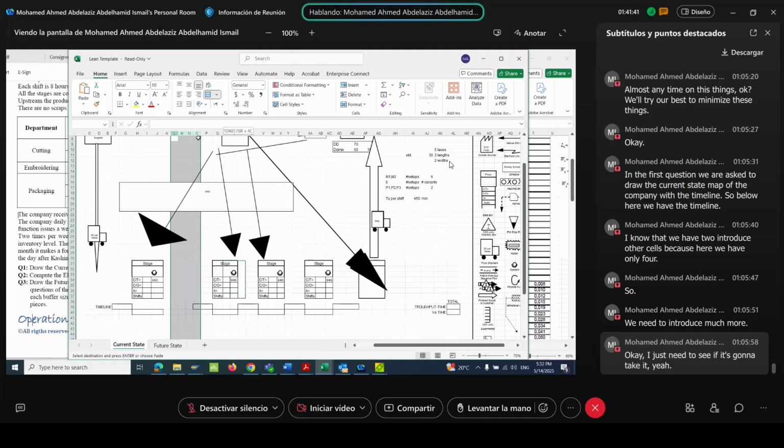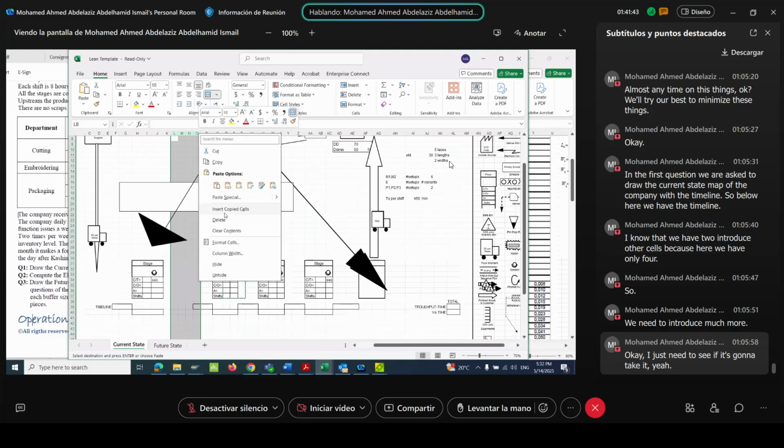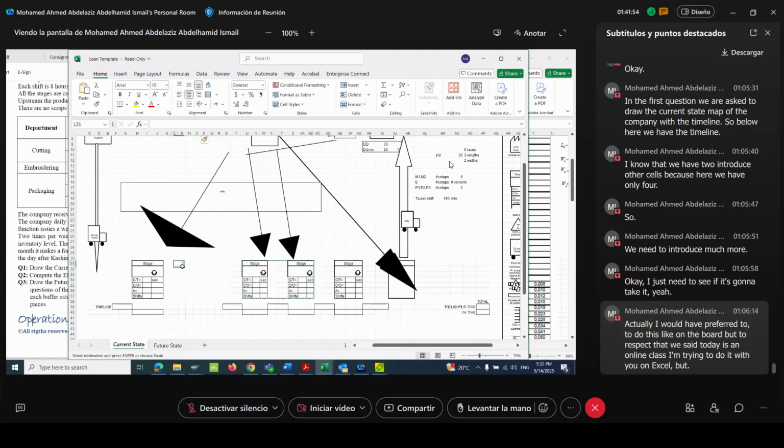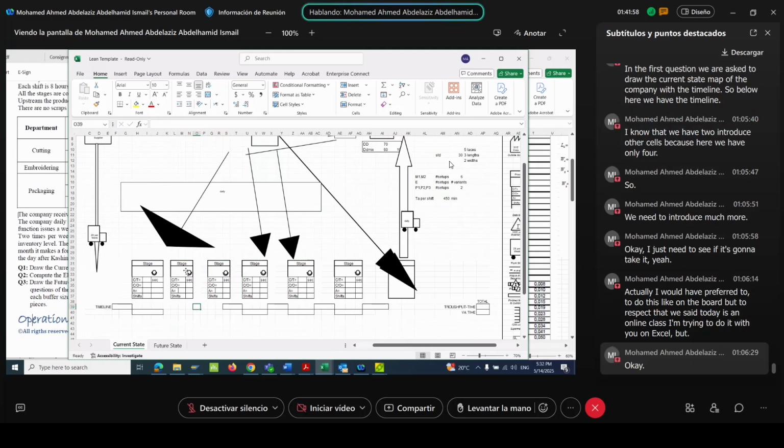Actually, I would have preferred to do this on the board, but to respect that we said today is an online class, I'm trying to do it with you on Excel. So here we have machine 1,